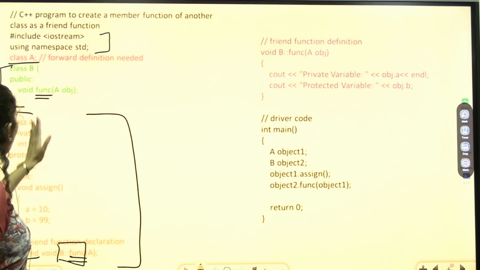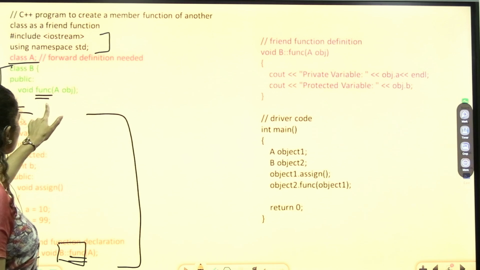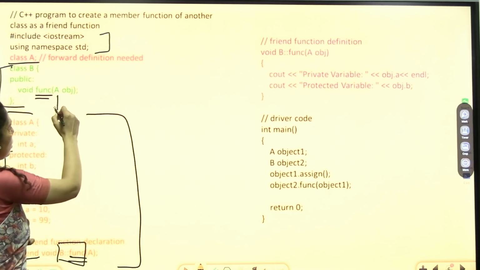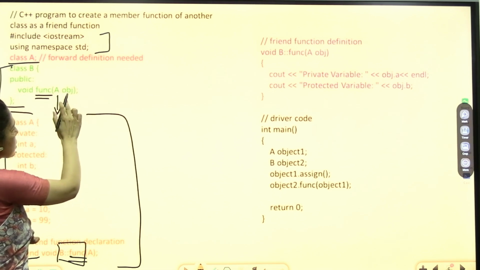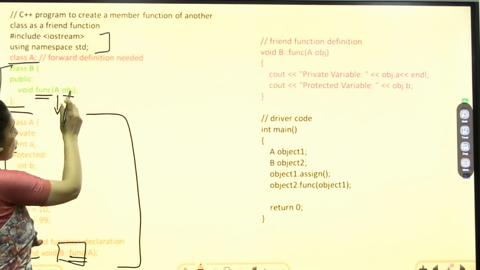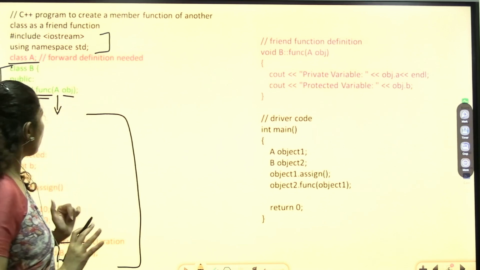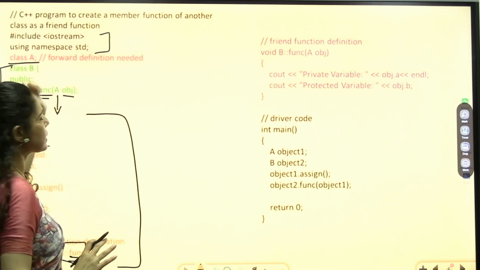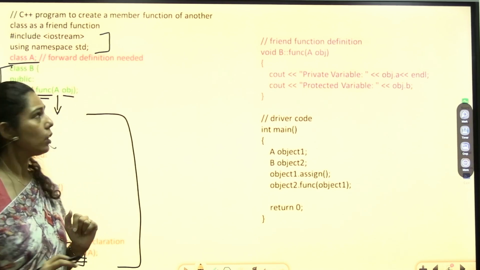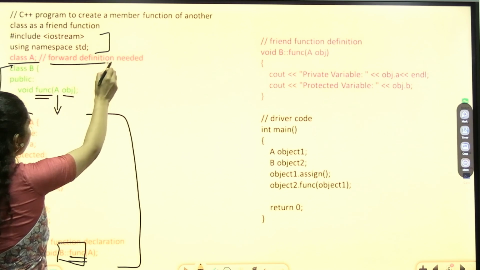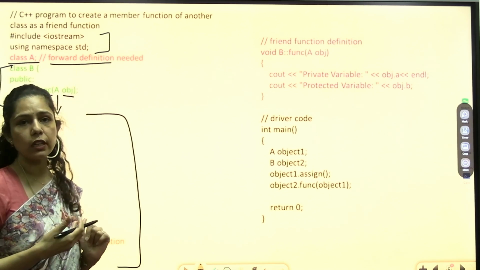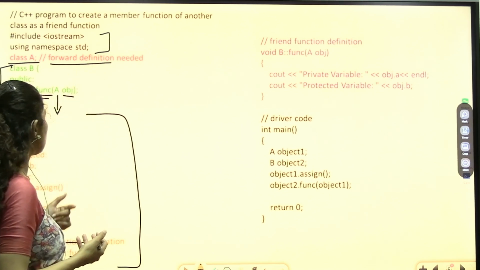Now here inside this func function, if you notice, I have written A here, because the data type of this object obj must be A. That's why I have written this class A at the starting. This is known as forward definition. Now what was the need for using this forward definition?